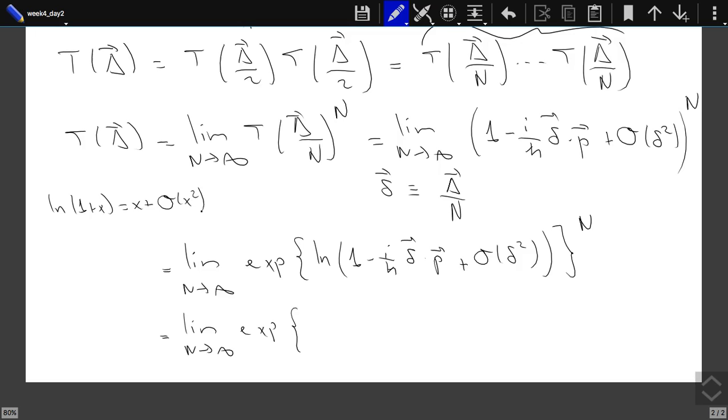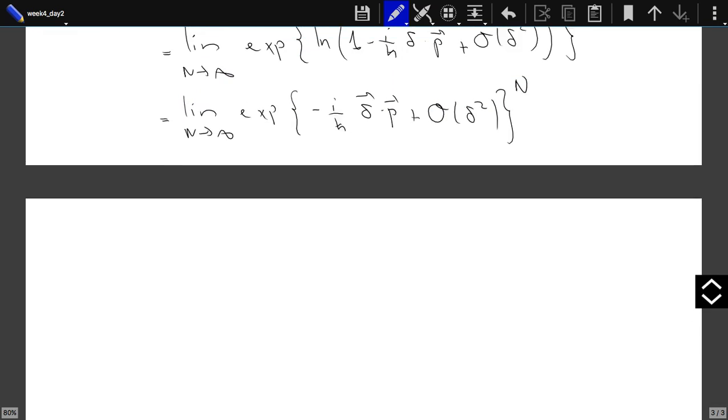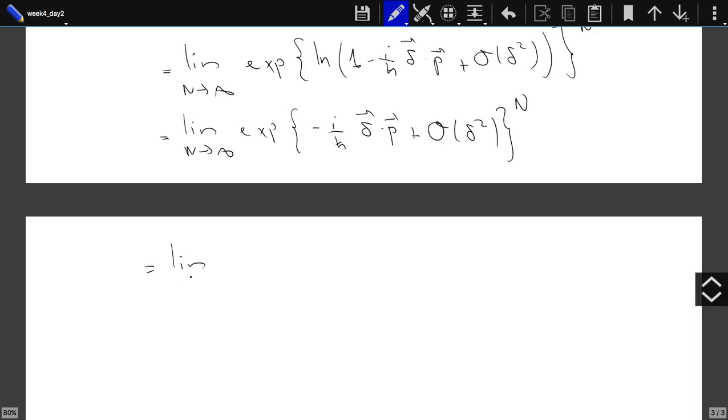So if I use that over here, in that limit, the exponential of minus i over h bar delta dot p plus terms of the order of delta squared, and I'm taking the nth power of this exponential. This is equal to the limit as n goes to infinity, exponential minus i over h bar n times delta dot p